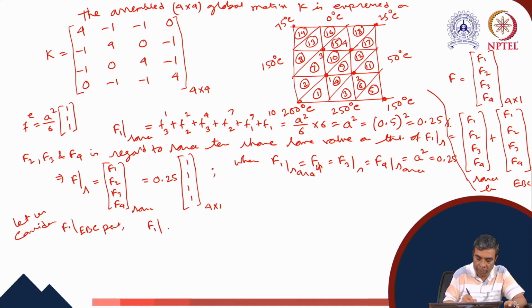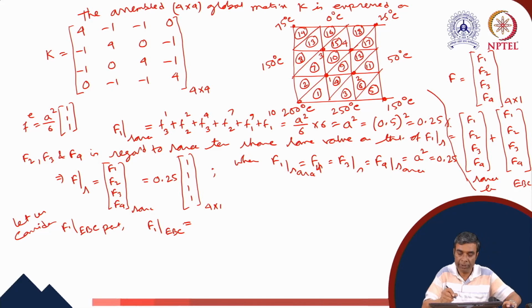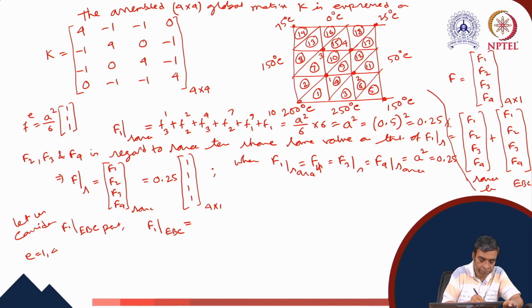So F1 EBC equals, here we see this global equation number 1 is having elements 1, 2, 4 and 7 with boundary nodes, and because of that the EBC contribution for F1 will come from elements 1, 2, 4 and 7. E equals 1, 4, 2 and 7 will contribute to EBC,